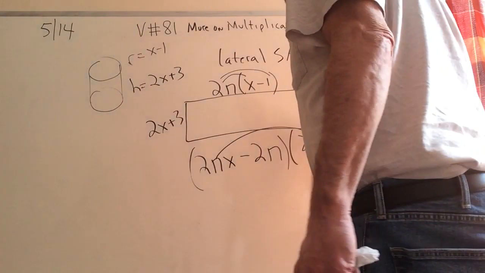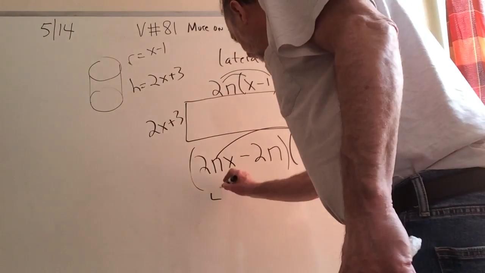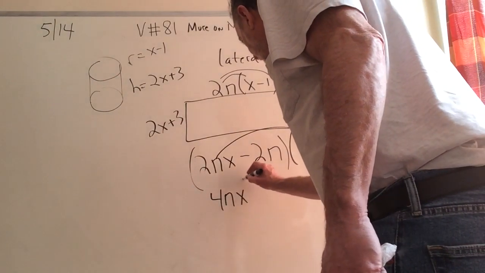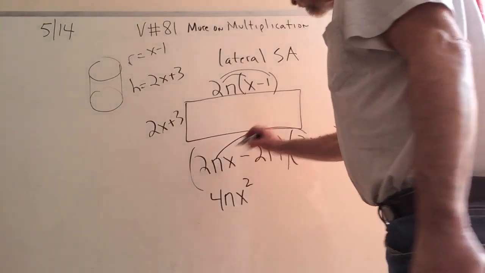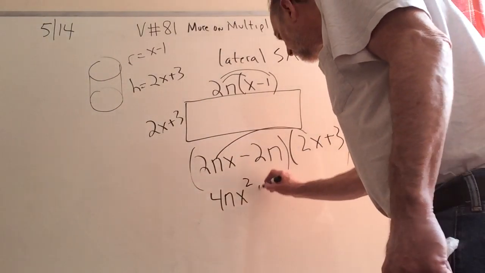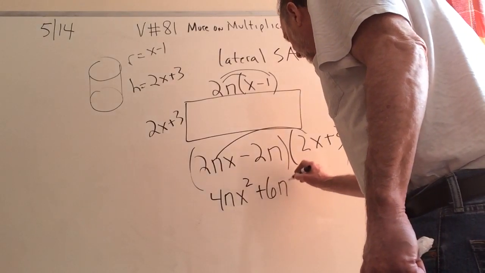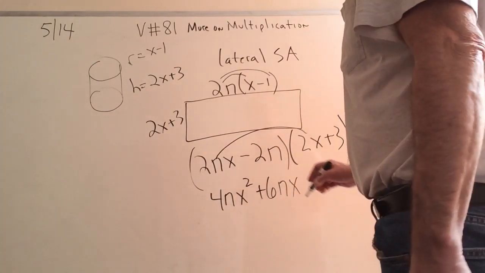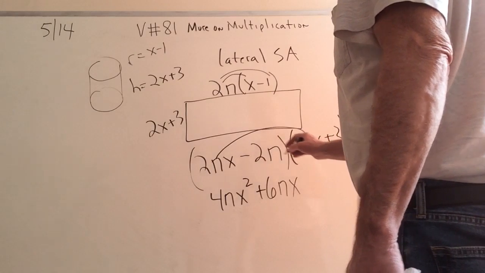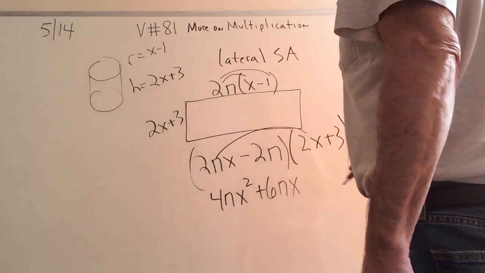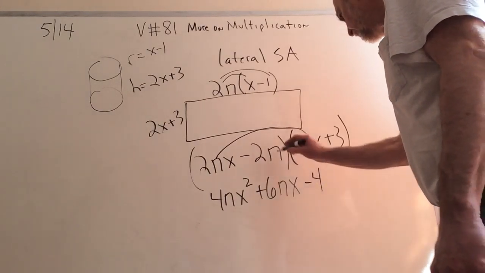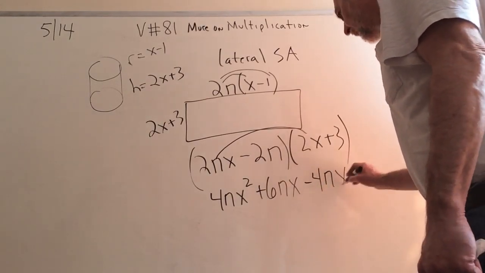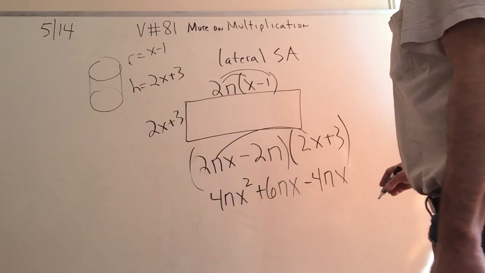So 2 pi x times 2x is 4 pi x squared. You double check yourself to make sure you didn't make a mistake. And 2 pi times 3 is 6 pi, and the x just tags along. Now we do the inner part here, and we have minus 2, 4 pi x, putting everything together, and finally